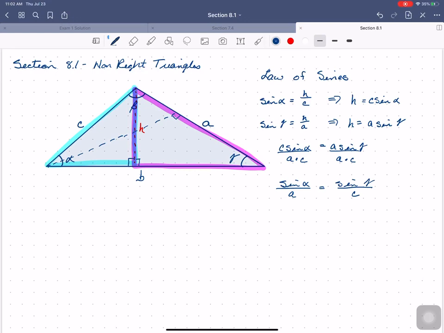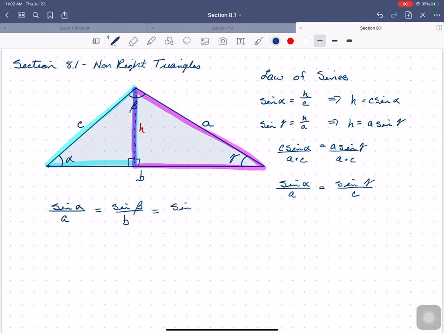And in fact, it turns out that if you do that for all three triangles, you find that the sine of any angle on my triangle divided by the length of the side opposite is going to be equal for any angle